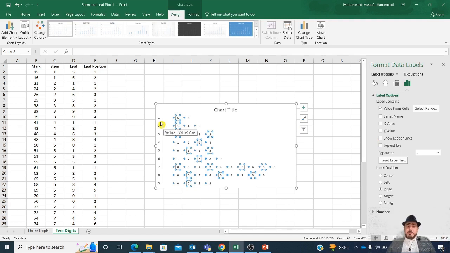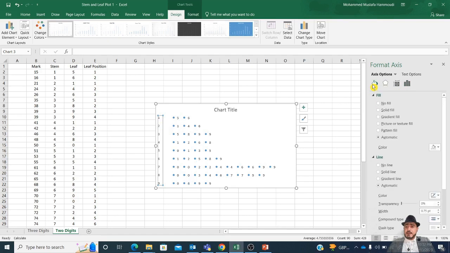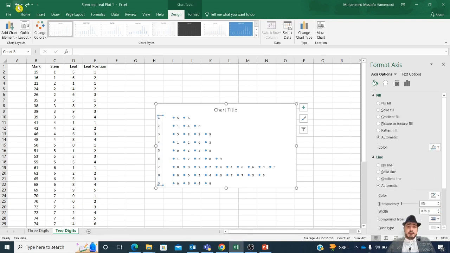Now, we want to do some artistic things, like we have a vertical line and we want to display the vertical line in a solid way. So if you click on Fill and Line and then choose, for example, the fill to be solid fill, and then you can choose any color. Let's choose, for example, the black color. These are artistic issues. And let's, for example, increase the width of the line here. Let me just click on this, and then we have a solid line